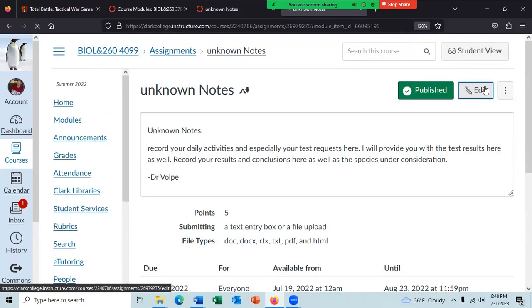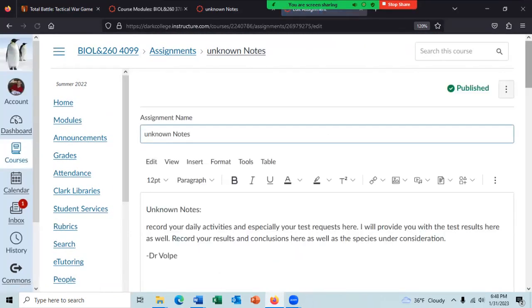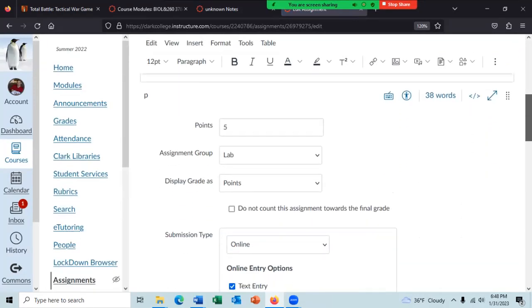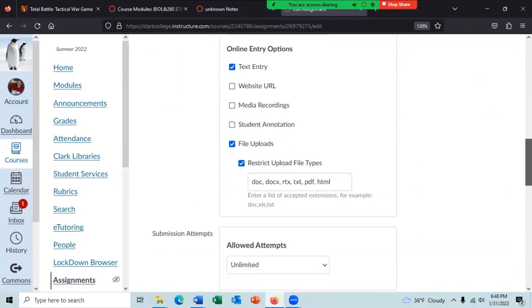Let me check on that. Yeah, I've got it set up so you can go to the document and just start typing, and then it'll do it in text, and then you can save it and it'll be a text document. So you don't even have to make it a document and upload it. You can simply go to the unknown notes and start typing, and it'll be text entry.